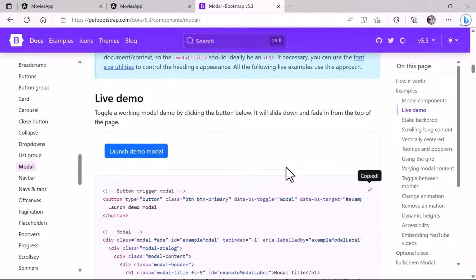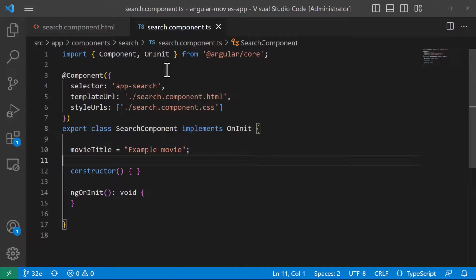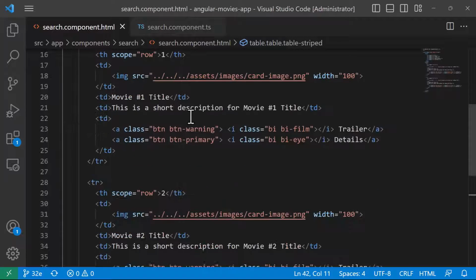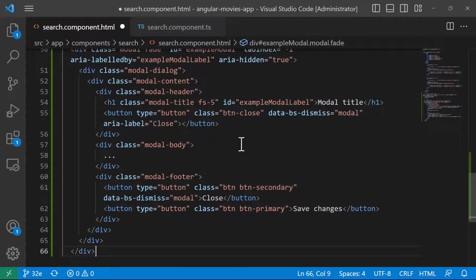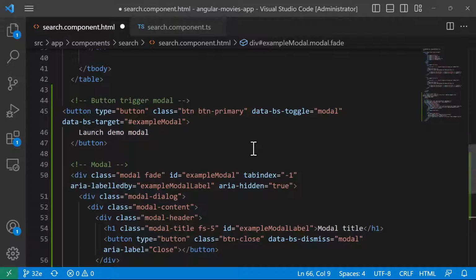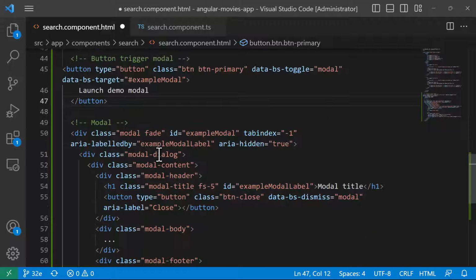I'll copy, go back to the app, and then in here I'll go to the HTML file. I'll just paste it down here just so I can analyze it. And you can see that you have the button. The button in here has the data-bs-toggle set to modal, and then data-bs-target set to an ID. And you can see that the ID of the button, so the target ID in the button, is the ID